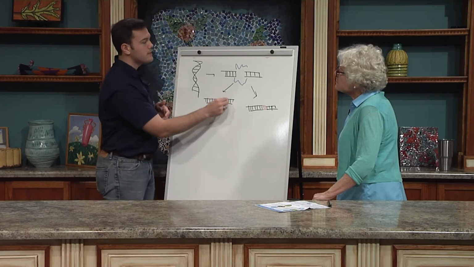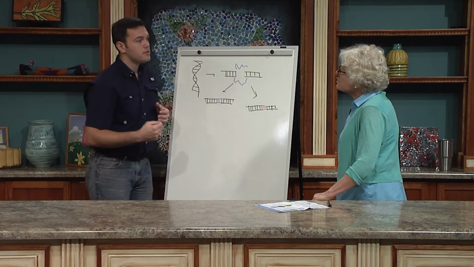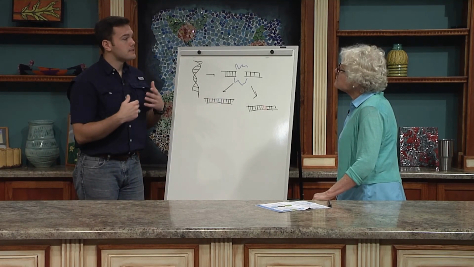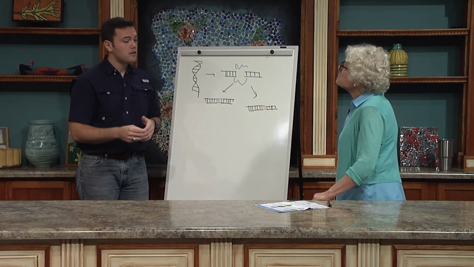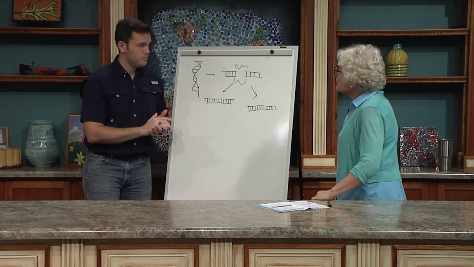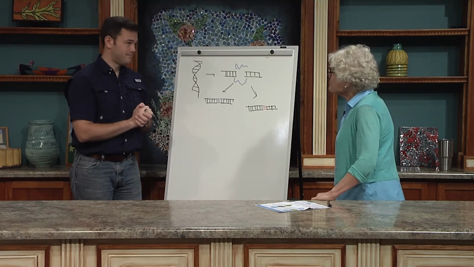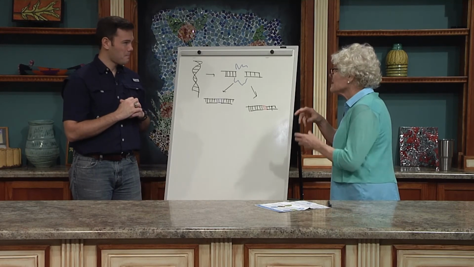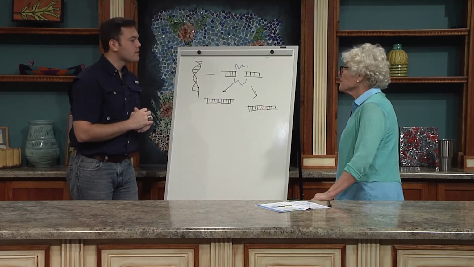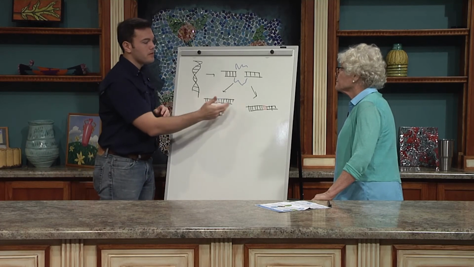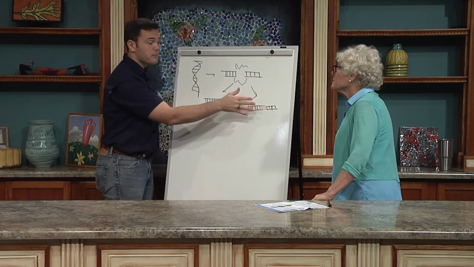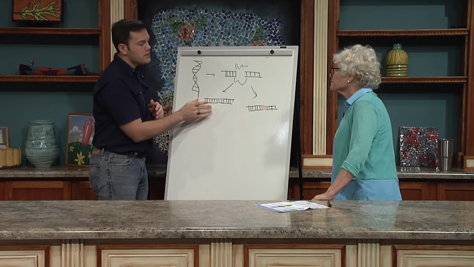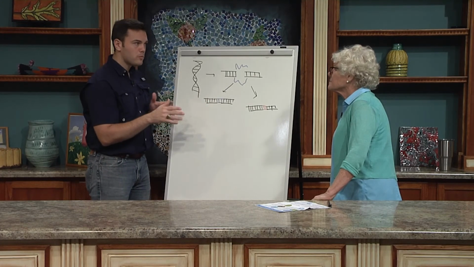Using CRISPR, you can easily correct point mutations, and that's a huge benefit because there are certain diseases in plants and animals that are caused by just one letter being off. And you might be able to correct that. Right. All right. And at the moment, this is somewhat limited in the size of the material you can change. Yes, as far as the template goes. Now, if you want to let the cell repair itself, that's fine. As far as providing a template, for right now, we have a size limit.